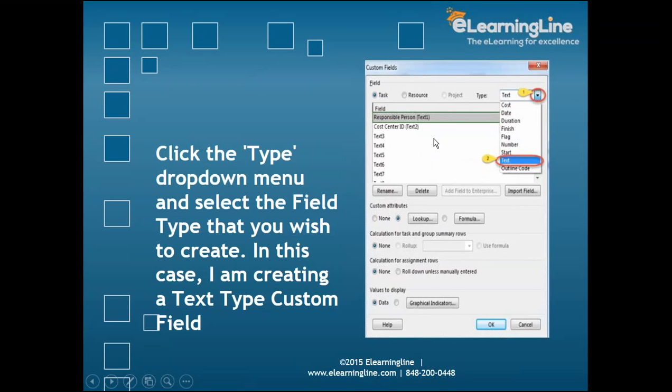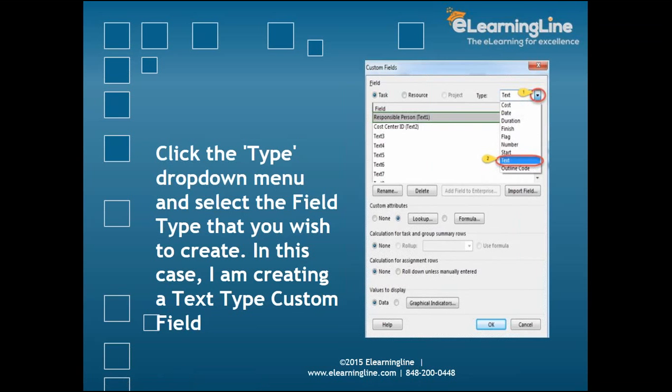What do you want to do the custom field for? So task, you want a task or you want the resource. So either case, depending upon which one you want to do, you will go and select that option. Let's say we are doing it for the task. When you do it for the task, now I want what type of custom field you want.